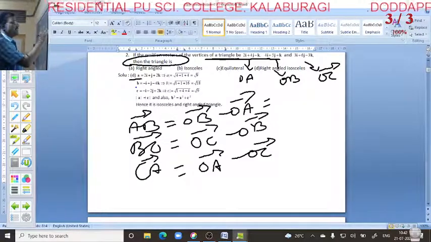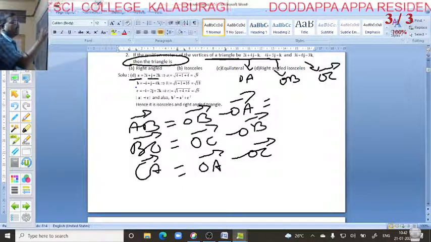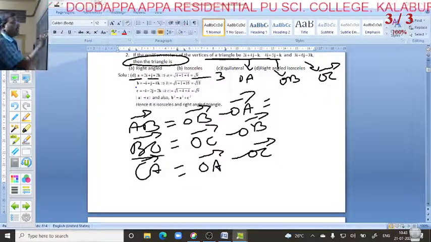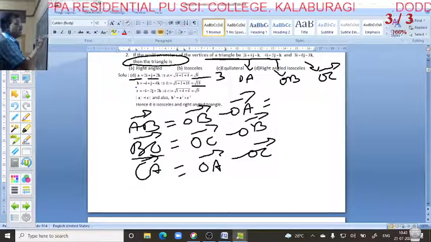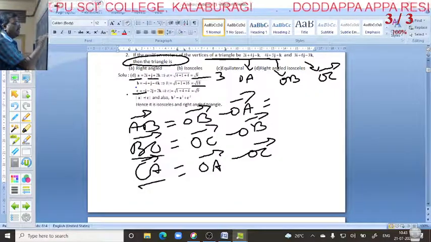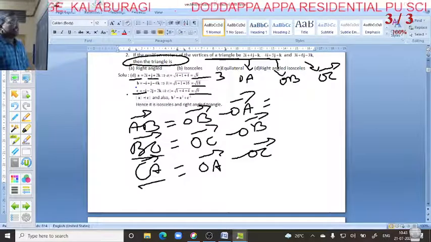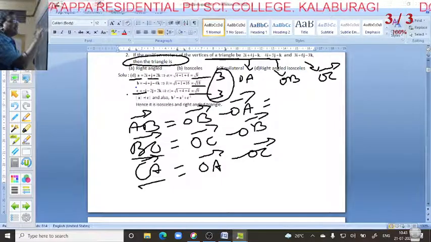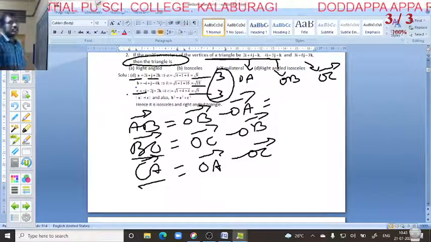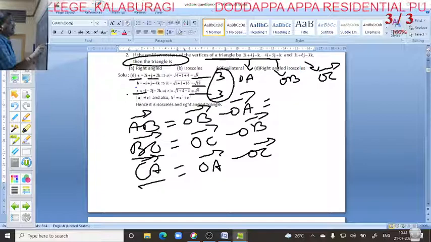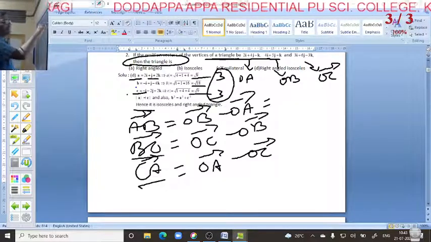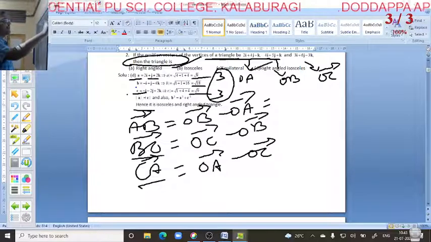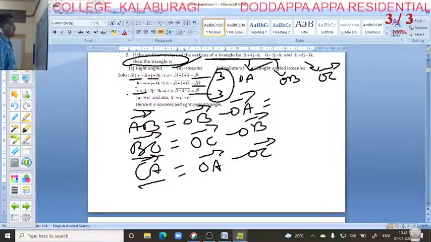We get first one, 2i plus j plus 2k. If you find out magnitude, we get 3. Similarly, if you find out second one, vector B, we get root 18. Similarly, you have to find out third one. Here we get vector C is equal to 3. So if you observe these three values, these two values are same, third one is different. If two sides are equal and third one is different, then it is called an isosceles triangle. Okay, that is D option. Understood?